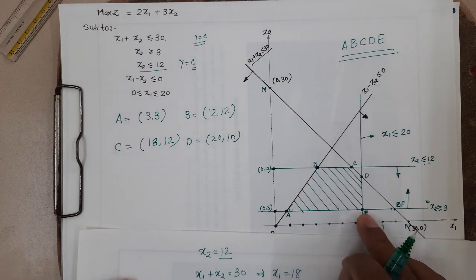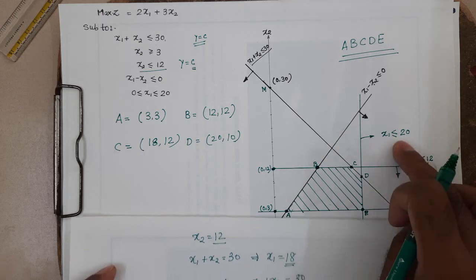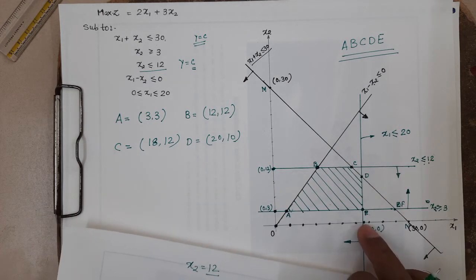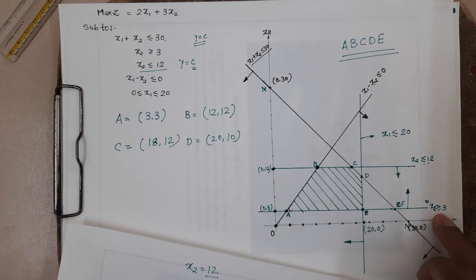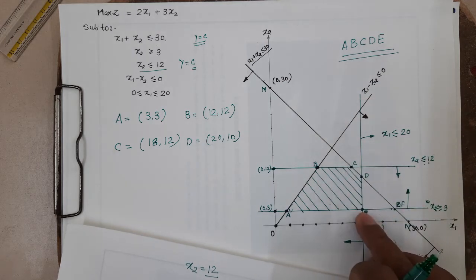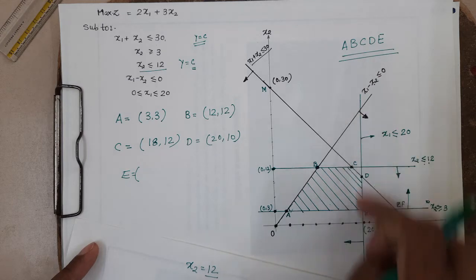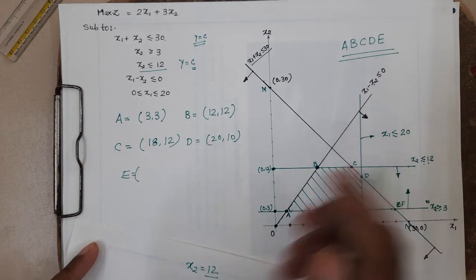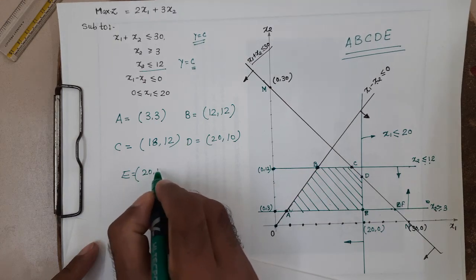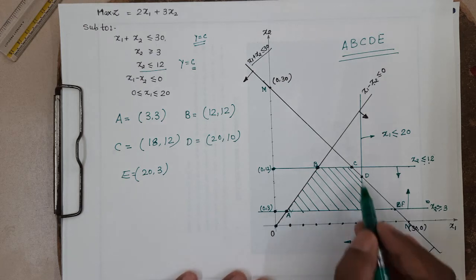बट E अगेन इट इज़ ऑन दिस लाइन x1 इज इक्वल टू 20. सो इस लाइन पे है x2 इज इक्वल टू 3 और इस लाइन पे है x1 इज इक्वल टू 20. सो डायरेक्टली आई कैन राइट E. पहले x1 लिखने का. x1 कितना हो गया? दिस इज योर x1. सो x1 विल बी 20 एंड दिस विल बी योर 3. सो इन दैट वी फाइंड coordinates of all these points.